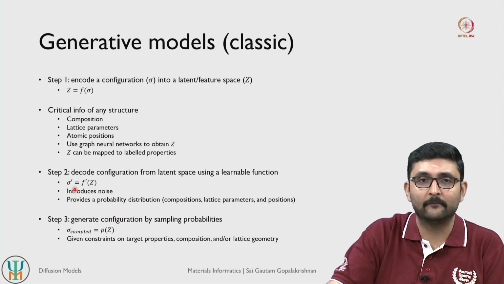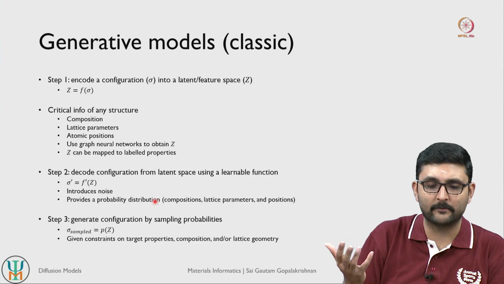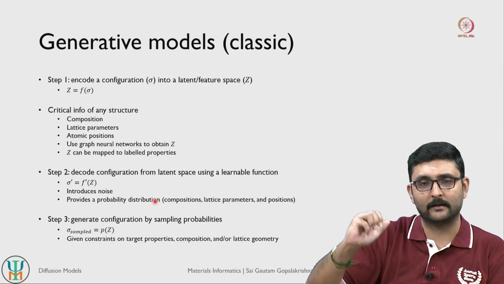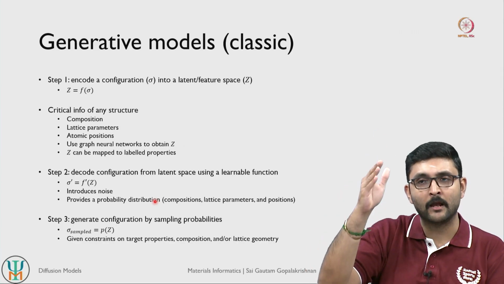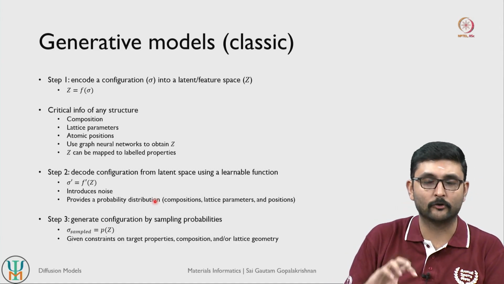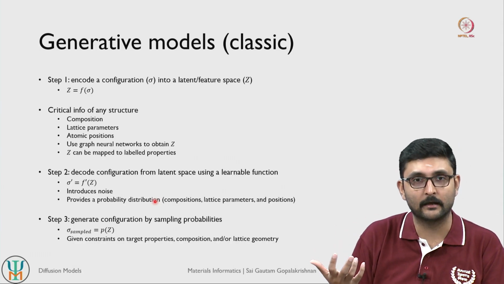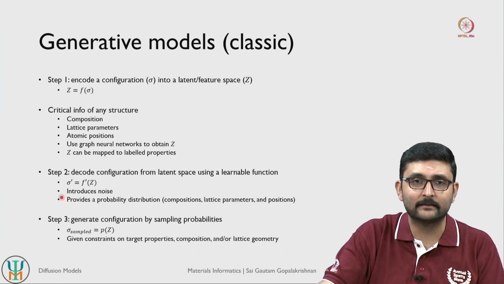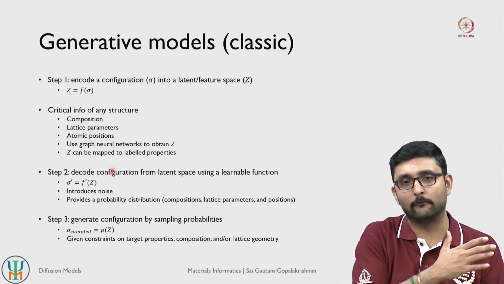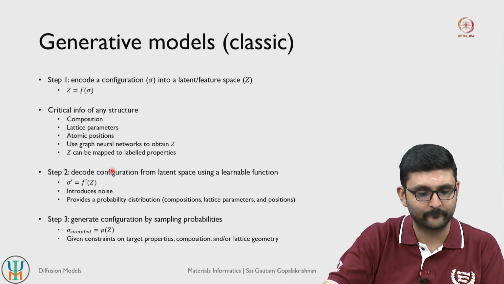Basically, this process of encoding and decoding gives you some kind of a probability distribution. Given a mapping between your properties and your embeddings, or given a set of embeddings per se, what are the probabilities that these embeddings will correspond to, let us say, 2 or 3 different structures? So 2 or 3 different compositions, 2 or 3 different lattice parameters, or 2 or 3 different atomic positions. This decoding process gives you a set of probability distributions, or the likelihood of what the possible structures are that you can get given some representation in your embedding space.